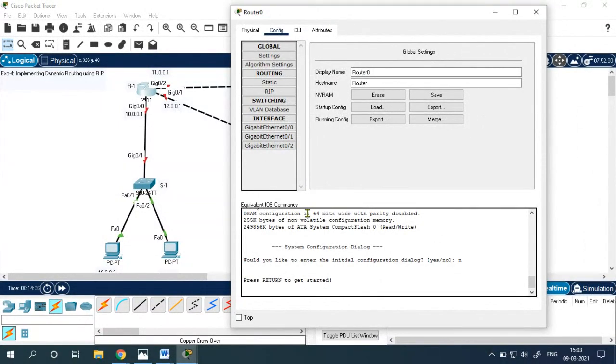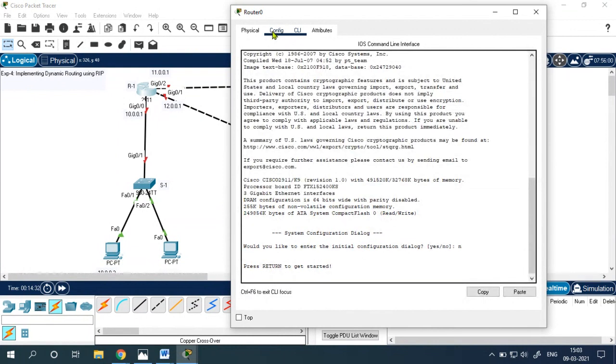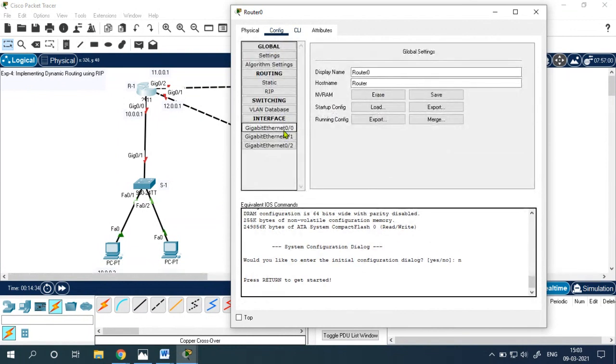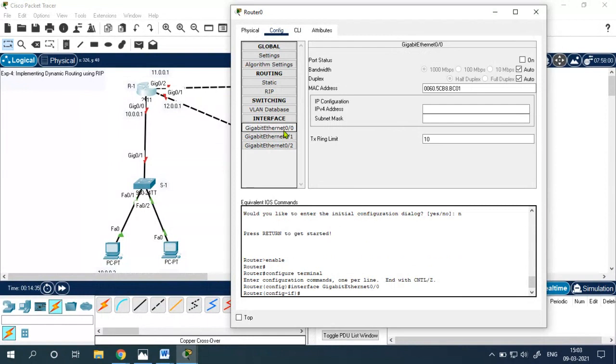Okay, so you can go to the CLI or you can work in the GUI. I will tell you the equivalent command also. So you can go to the CLI, type enable, then configure terminal to configure this router 1.